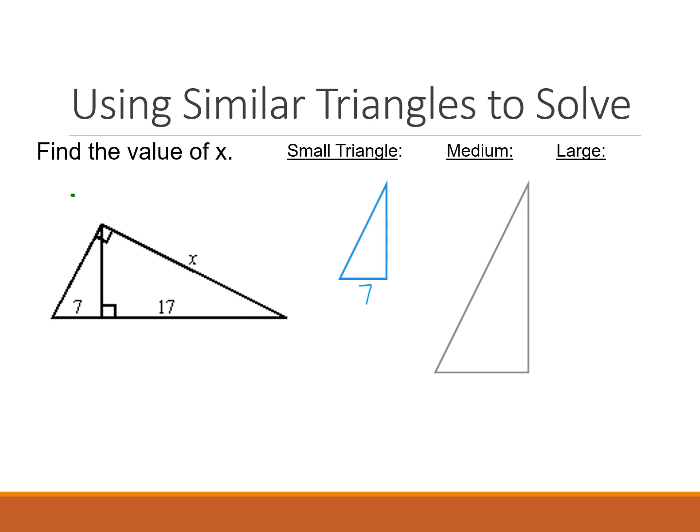So then on that smaller triangle, we want to compare what we know, and it looks like I don't know my short leg on that medium triangle. I do know my long leg on that medium triangle, and I don't know the hypotenuse, but it is labeled for me as X. The last one then we're going to want to draw is our whole triangle. So if we draw that whole triangle out over here,